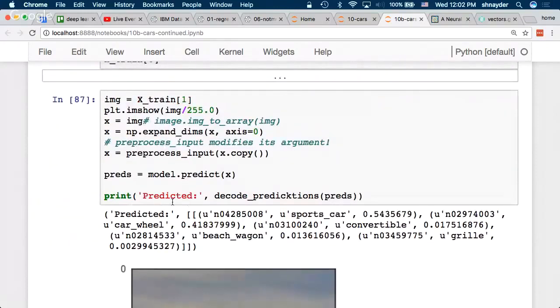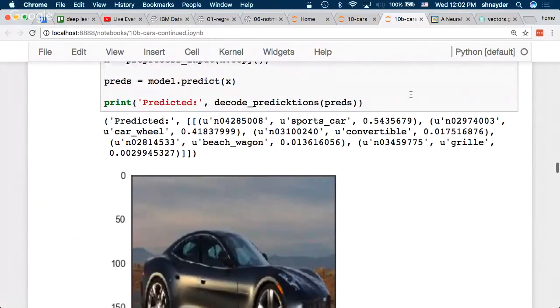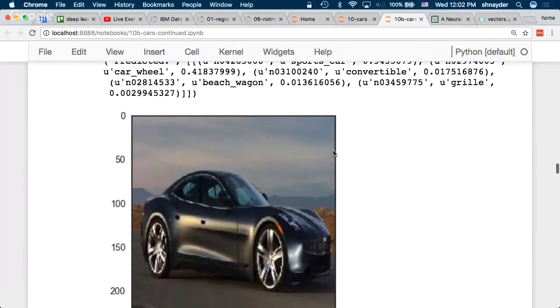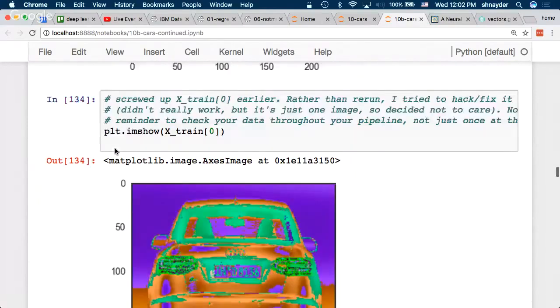Just to try it on the original Imagenet classes, if you give it this image, it says sports car, probability 54%, car wheel, probability 42%, convertible, beach wagon. It thinks there's a 1% chance this is a beach wagon. But clearly it already knows about cars, which is good.